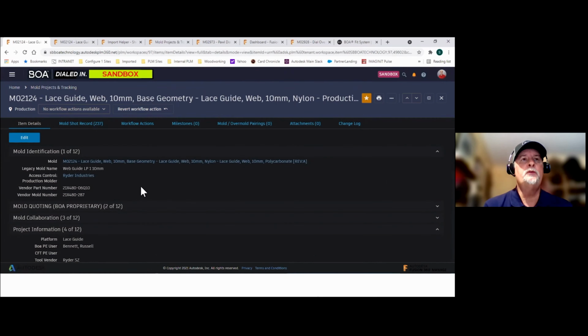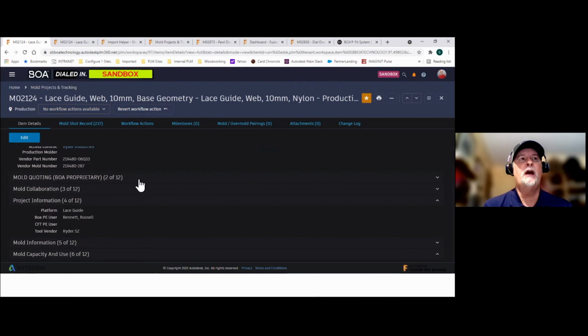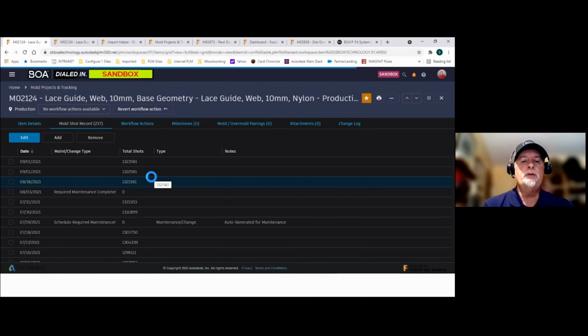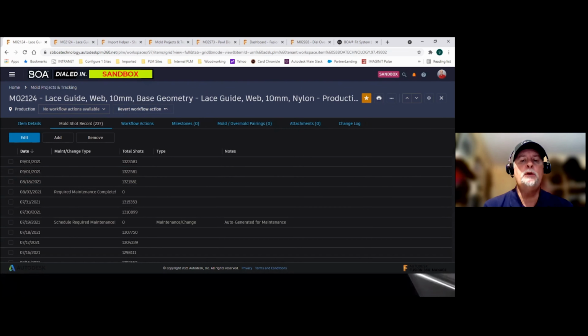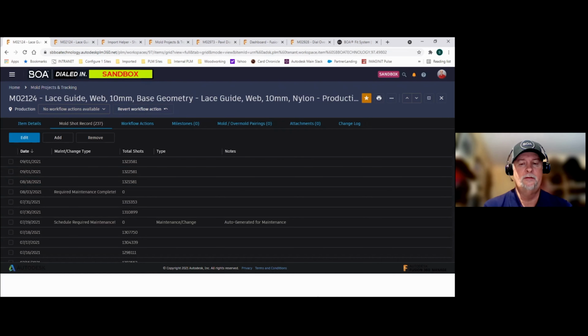The other thing that we do in this workspace, which we call mold shot record, is the grid tab. Once a mold is in the production state, this is where we record the daily product line activity. The measurement we use for this is what we call shot counts. Every day, our product lines overseas deliver to us a strictly formatted spreadsheet containing the mold, the number of shots that mold performed that day, the date, and whether any maintenance was performed on a given mold and what type of maintenance that was.